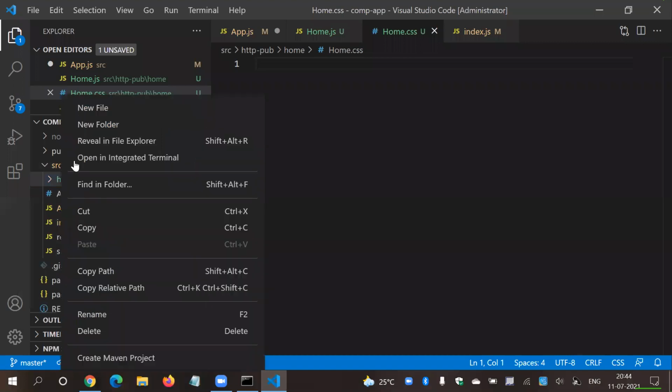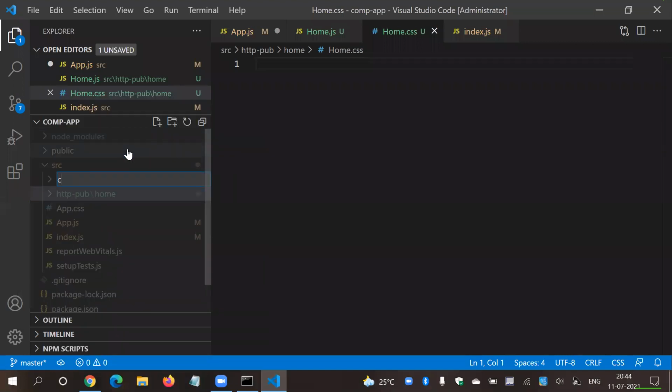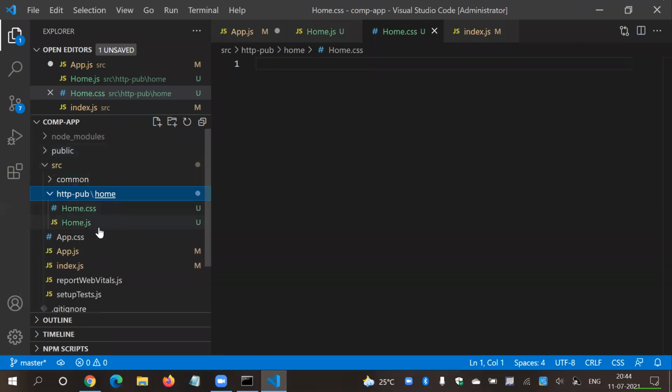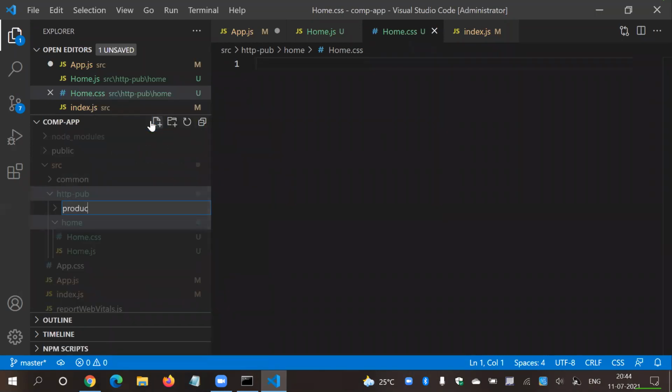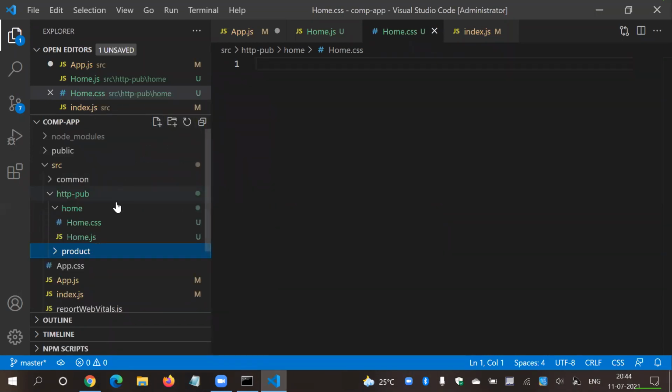Again in src I have one folder named common. This is basically empty. If I want one more folder, let's say product, here is another folder. Then I will create product.js, product.css, product.spec.js for testing. Multiple pages, multiple files I can create simply.